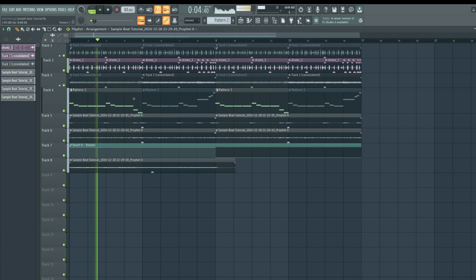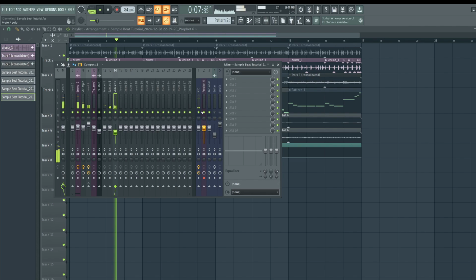So all these little synth textures add up over time. They sound really unique.